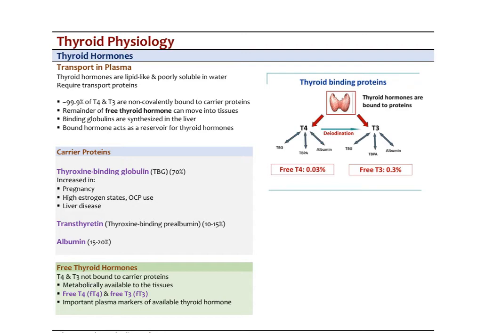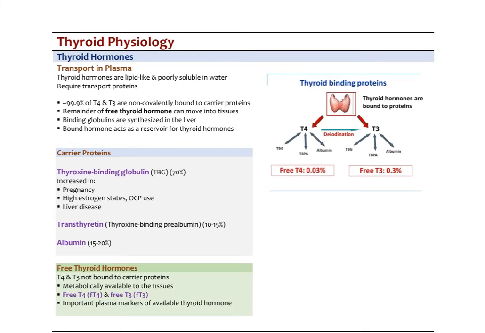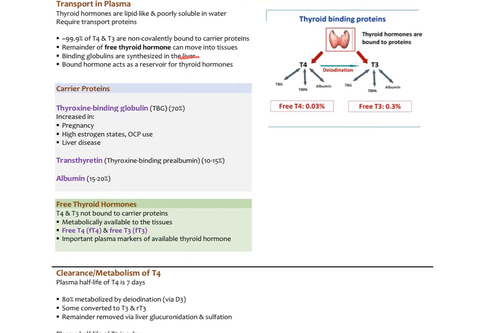We can think of the carrier proteins as creating a blood reservoir, so that as thyroid hormone moves into the tissues, more dissociates from the carrier protein. It's acting as a buffer to allow the thyroid hormone to maintain a stable concentration in the blood. These binding globulins are all synthesized in the liver. The liver, of course, makes just about all of our plasma proteins, and they're acting, as I said, as a reservoir. So our main carrier protein is thyroxine binding globulin, TBG,